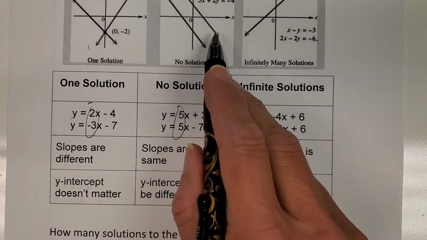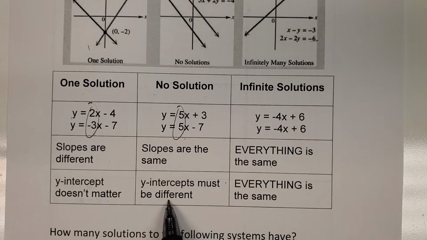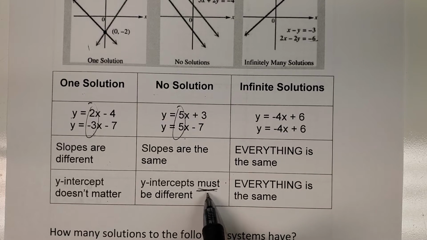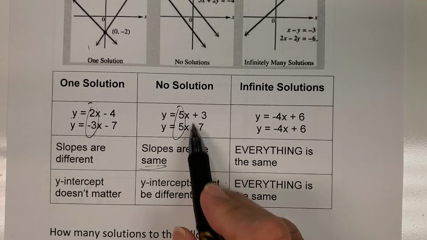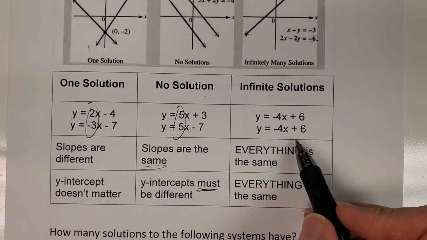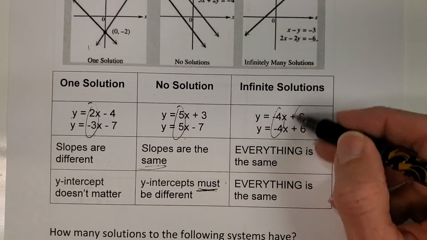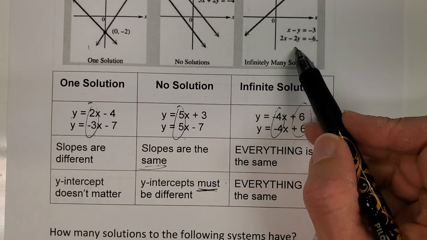So right here, you'll notice the slopes are the same. And for no solution, for parallel lines, you have to have the slopes the same. But the y-intercepts must be different. If they're the same, that's over here. So they'd be the exact same line. So we want to make sure we know that the slopes are the same and the y-intercepts are different. That's how you get no solution. And then to get an infinite number of solutions, the slopes have to be the same and the y-intercepts have to be the same. And notice if it's in standard form,